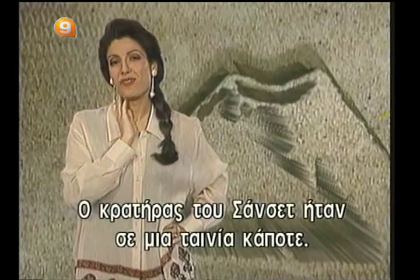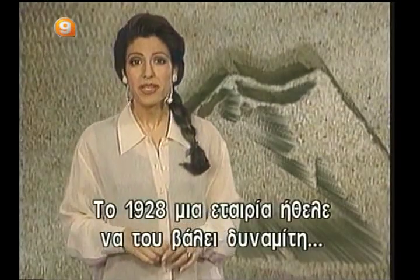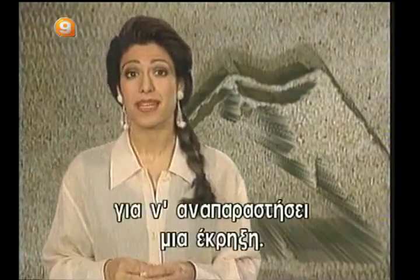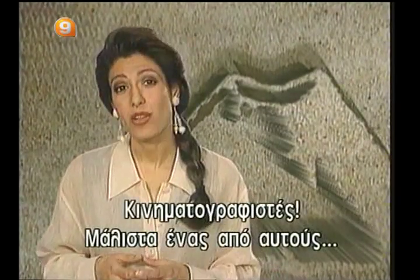The Sunset Crater volcano was almost featured in a film once. In 1928, a company wanted to dynamite the crater to simulate an eruption. Fortunately, they were stopped in time. Oh, filmmakers. In fact, one of them even...